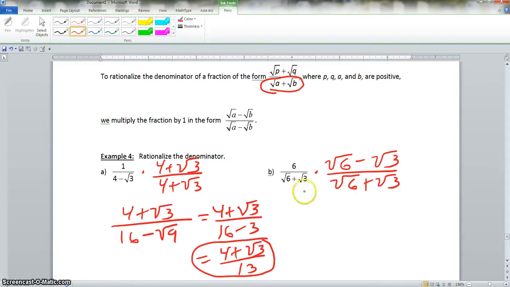So that is the final answer here. Now, for this next problem B, we would take 6 times the square root of 6, which would give us 6 square root of 6, and then 6